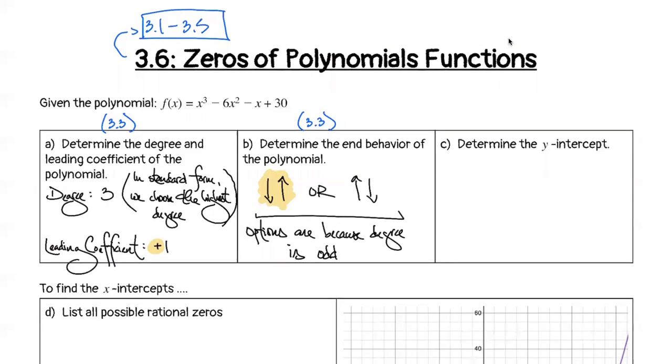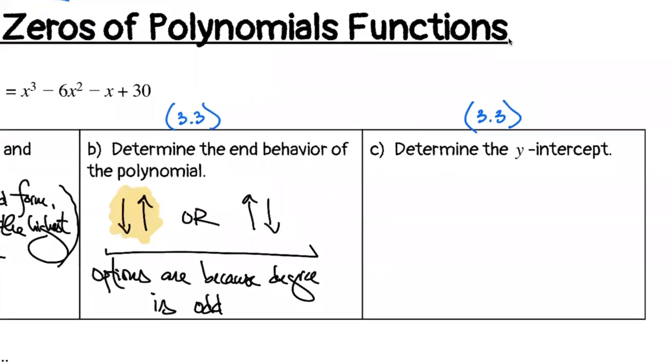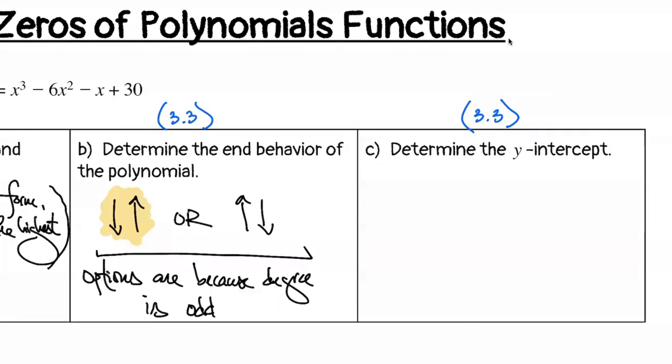All right, so maybe we'll jot that down, taking a look at 3.3 to find that y-intercept. And can someone tell me what the process of finding a y-intercept is in general? Right, let's talk about the process, but make sure we also know why we do that process the way we do. All right, I really like the way that Dallas framed this. To determine the y-intercept,